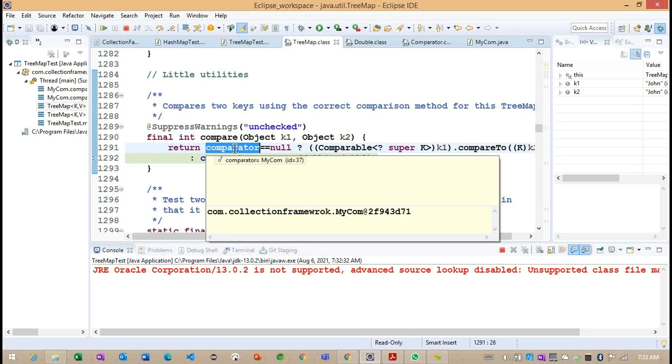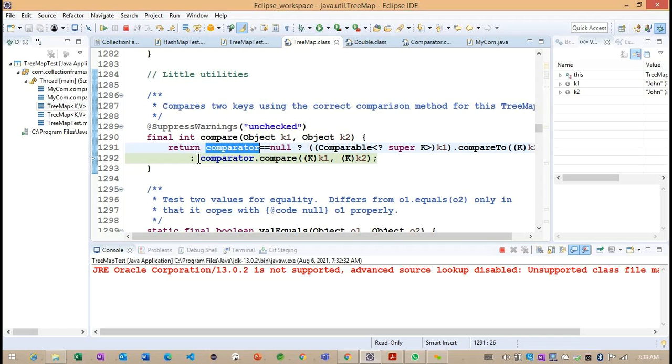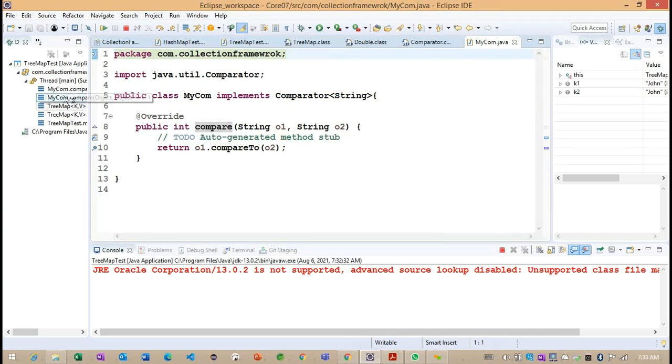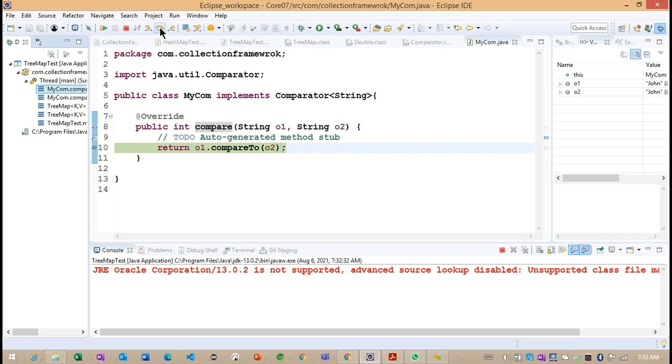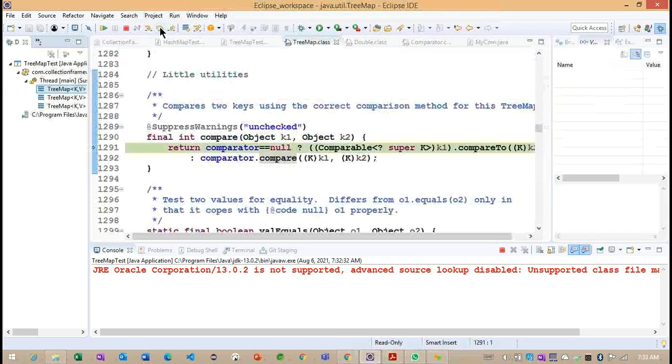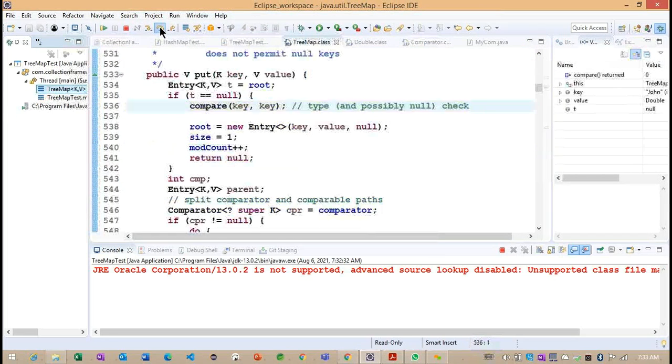Because in the constructor, we did not provide any comparator. But this time, we are providing the comparator, so it calls comparator.compare. From this compare method, our compare is going to be called.